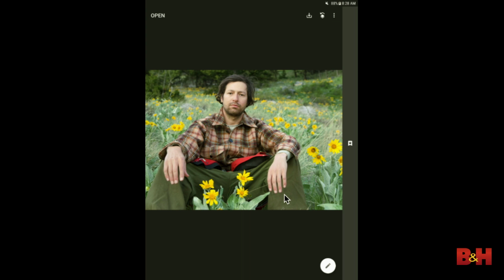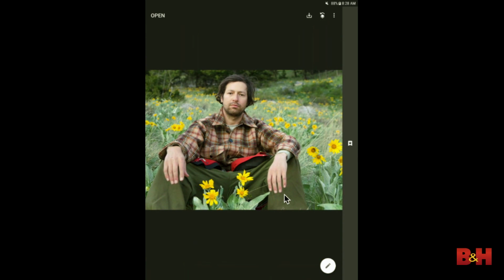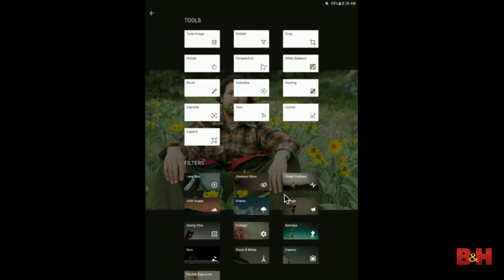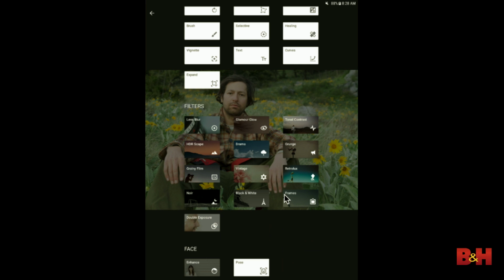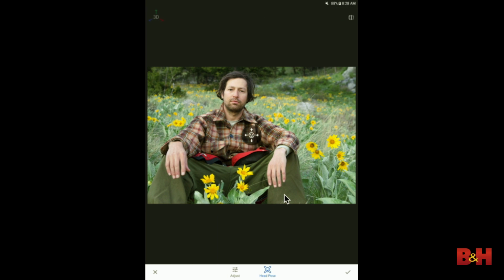Right? He was a willing enough model, but not a paid professional. So I really wish he looked happier. He just doesn't have the thrilled-to-have-his-picture-taken expression. So I'm going to go to the bottom of the filters menu, and I'm going to go to this one called Pose. And what Snapseed is going to do is study his face, and it's going to build a map so that now when I slide my finger around the screen, I can reposition his face,